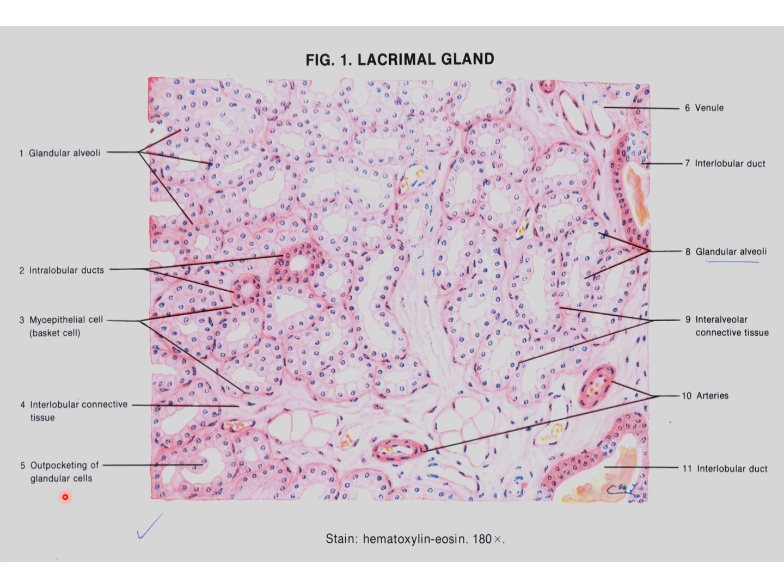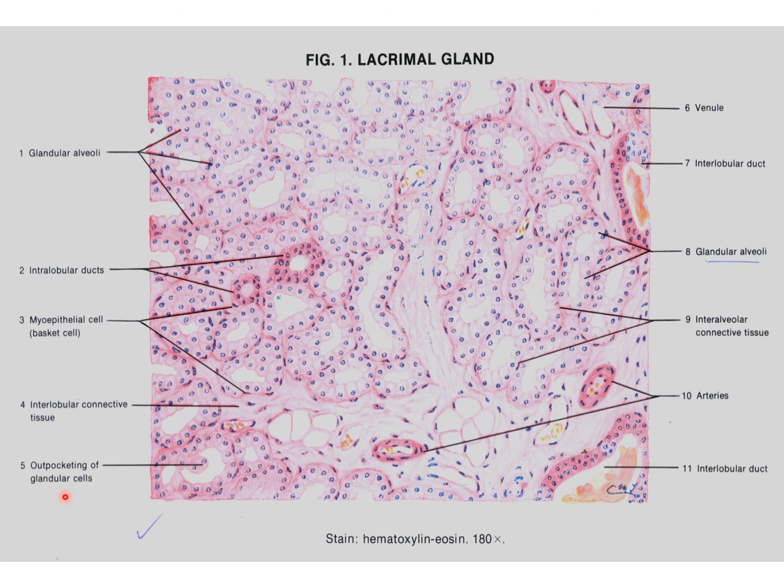Under the electron microscope, studies on the human lacrimal gland reveal that the secretory cells may be of several types, including both mucous and serous cells. The ducts of the lacrimal gland open into the lateral part of the superior conjunctival fornix. Lacrimal fluid keeps the conjunctiva moist. Accessory lacrimal glands are present near the superior conjunctival fornix, the glands of Krause. So these are the changes that occur. In the tubuloacinar gland, myoepithelial cells are also present, interlobular excretory ducts are present, adipose cells are present, and blood vessels and nerves.